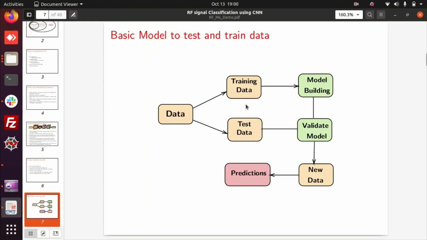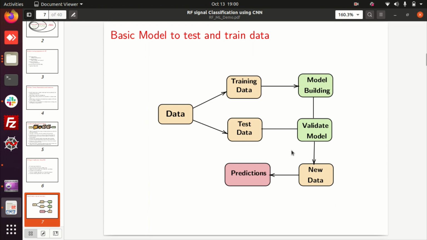For example, assume that we captured 100 samples of data. Out of the 100 training samples, 75 samples are used for training the model, and the remaining 25% is used for validating the model. After training in such a way, you will compare your new data with the already available test data.